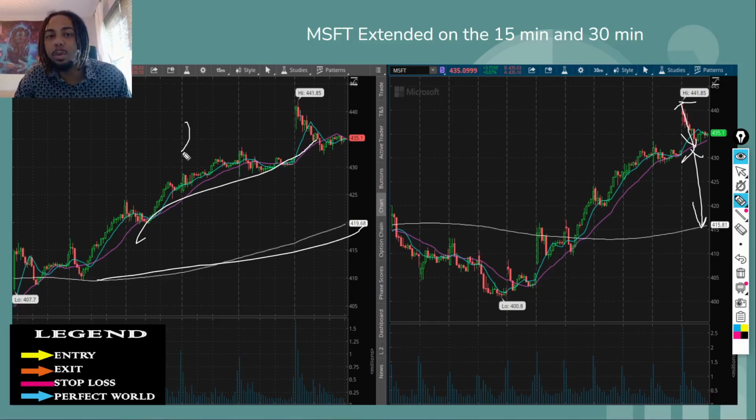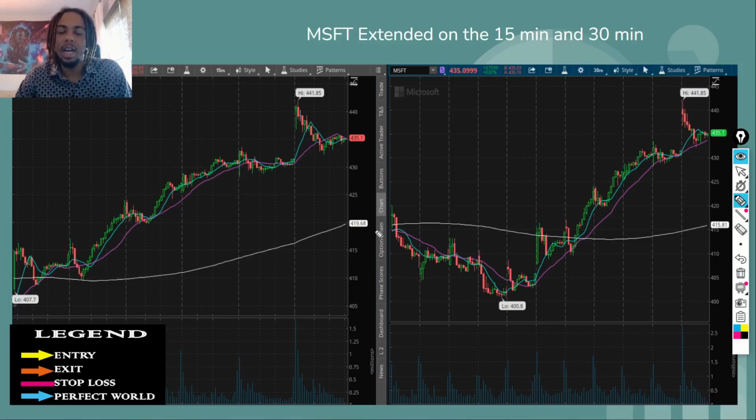It's not going to be the quick 2-minute, 5-minute trade, since I'm seeing this all take place on the 15-minute chart and the 30-minute chart, right? So I should have given myself more time, because I did not capitalize on this trade as much as I would have liked to, right? And